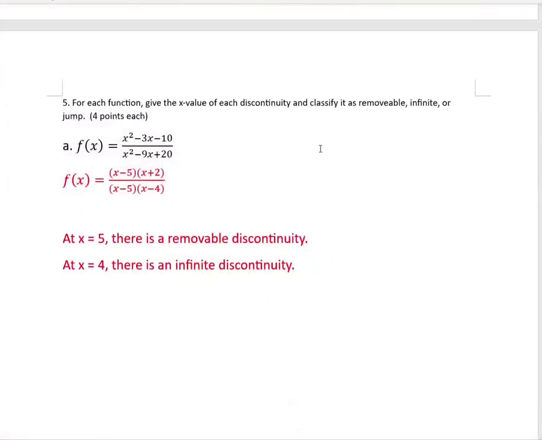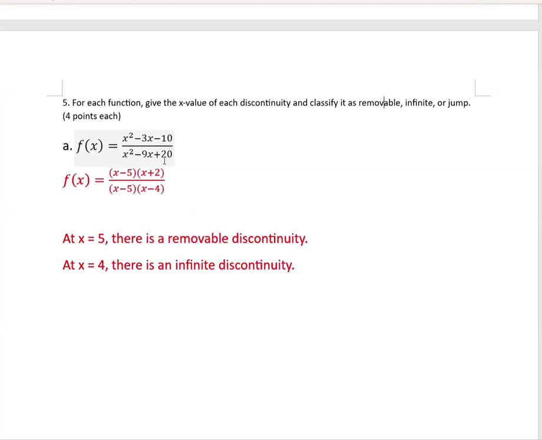Number 5, for each function, give the x value of each discontinuity and classify it as removable, infinite, or jump. 4 points each. I've spelled removable incorrectly there, my bad. Okay, so we have this guy, f of x is x squared minus 3x minus 10 over x squared minus